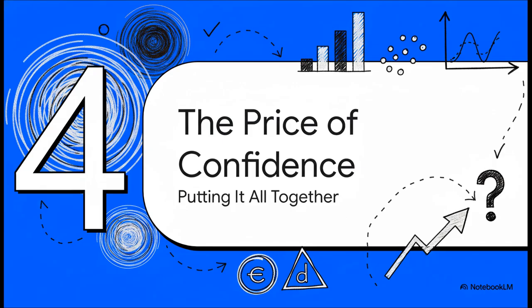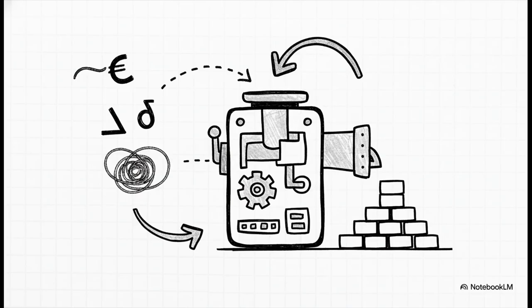Okay, so this is where it all clicks into place. We know what we want, a small error, epsilon, and a small risk, delta. And we know that the more data we have, the more likely we are to get it. So the obvious next question is, how much data is enough? And this is the real magic trick of PAC Learning. It's not just a bunch of nice ideas. It gives us a cold, hard formula. It's a formula for something called sample complexity, and it tells you the exact number of training examples you need to collect to get the guarantees you want.